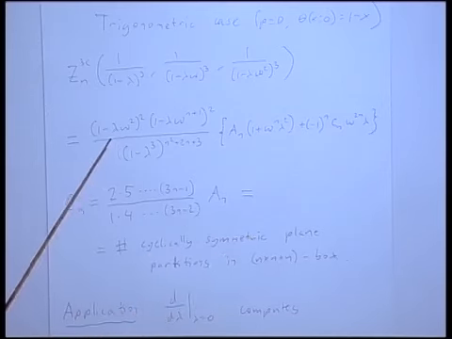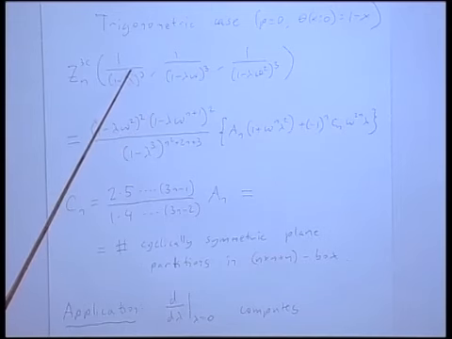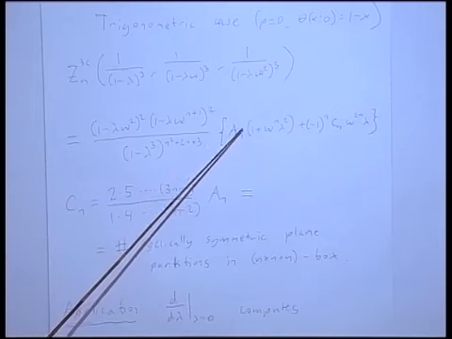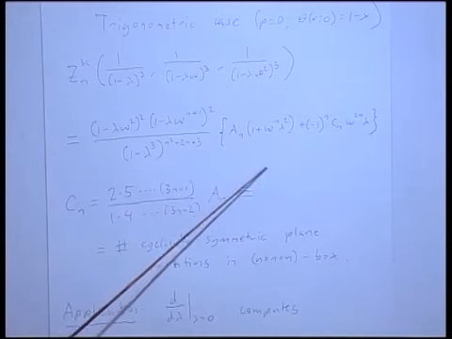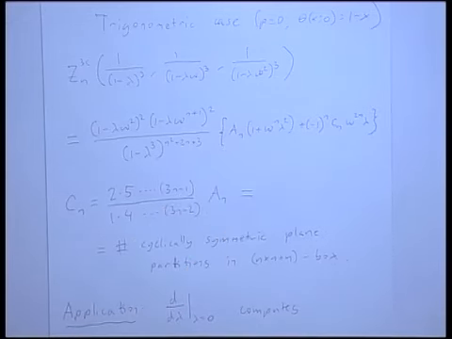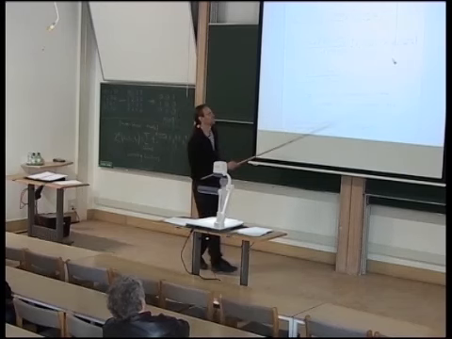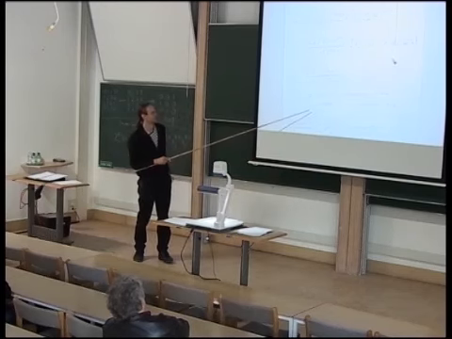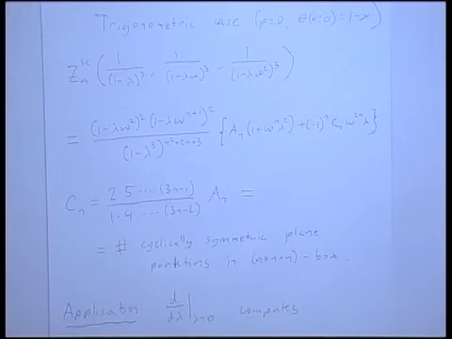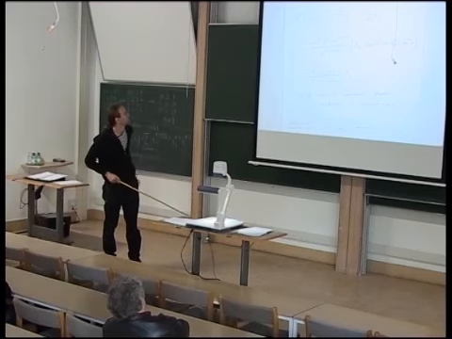And you see, by the way, that when lambda is 0, then this just reduces to the number of states, and this reduces to An. So An is the alternating sign matrix numbers. So Cn is another number, and it's quite amusing that this is also a number that's kind of famous in combinatorics. It counts cyclically symmetric plane partitions. If you know what that is, it means plane partitions with a certain symmetry.